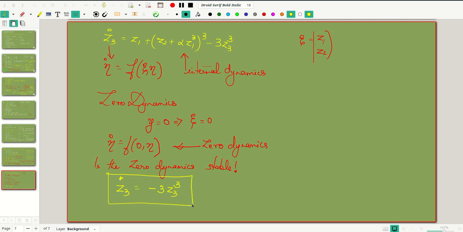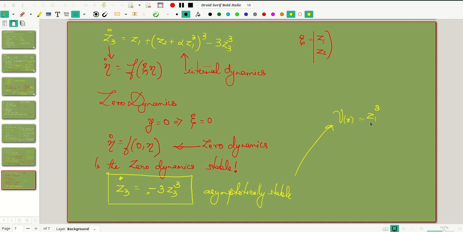Now how will you check the stability of this term? Definitely I know that with minus z3 cubed here, this system is asymptotically stable. You can use the Lyapunov method to show it is asymptotically stable. So I will just show you how to use it. V of x is equal to